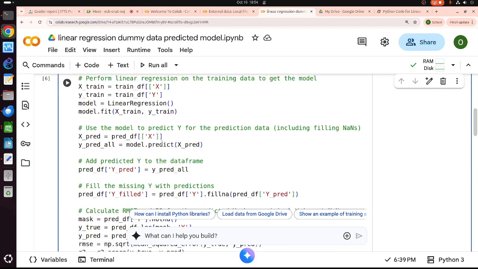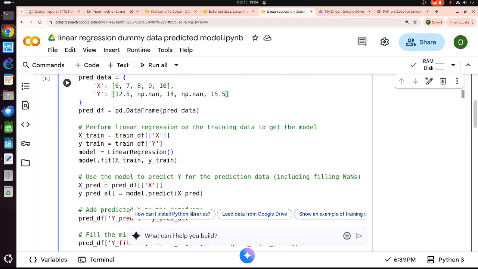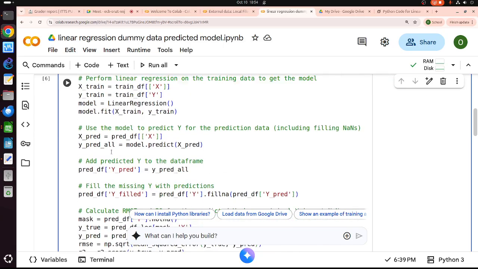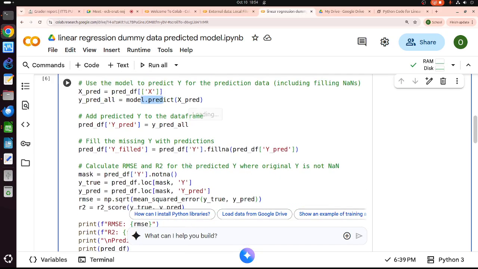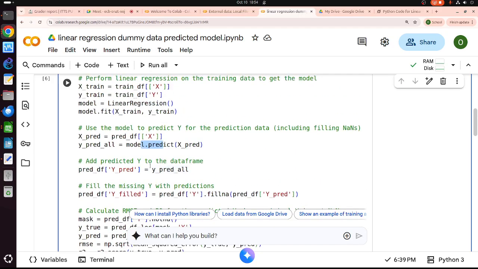Let me, do we have any y pred? Oh, so y pred is from the predicted data. I want to have the actual.